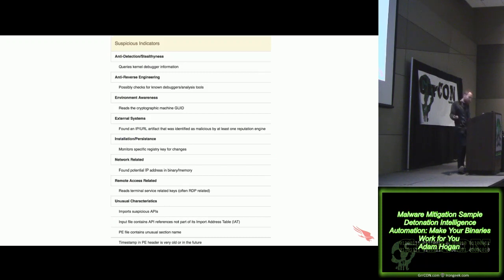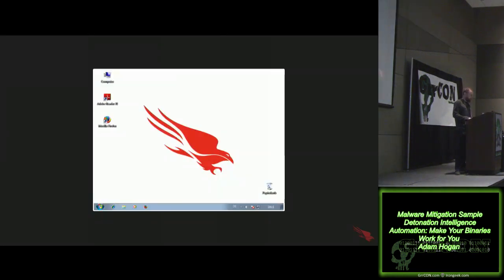Or we look at the suspicious indicators. I suppose that's a little small on the screen. I apologize for that. But it is able to look at some fairly interesting things. The way it's profiling, like we saw in the last one, is checking for debug information, which is not necessarily malicious, but not that common in production software. It's checking out certain registry keys. We see different IP addresses in memory that look kind of suspicious. It's importing suspicious APIs and a number of other things that look pretty fishy. Right? And now we can key on that and actually drill in to see, okay, what's this malware up to?